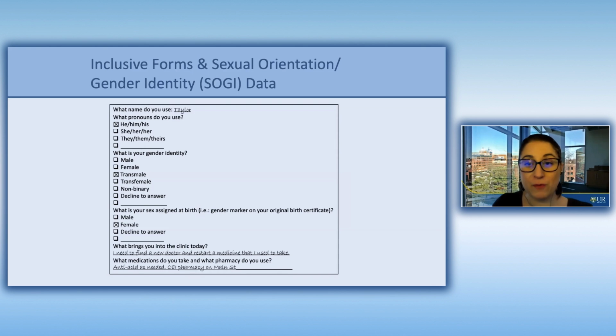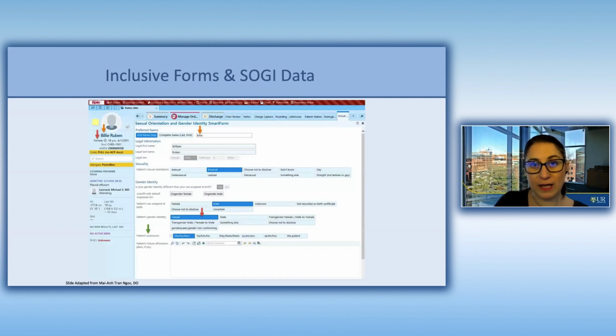Here's an example of a form that I made up. And you can see here it really has many different options when it comes to pronouns and gender. Really explaining the differences between gender identity and sex assigned at birth. And having some blank spaces for the patient to write it in, because this can be different for different people. So it can really be as simple as this, or if you have an electronic health system that allows for a space to put in this information.